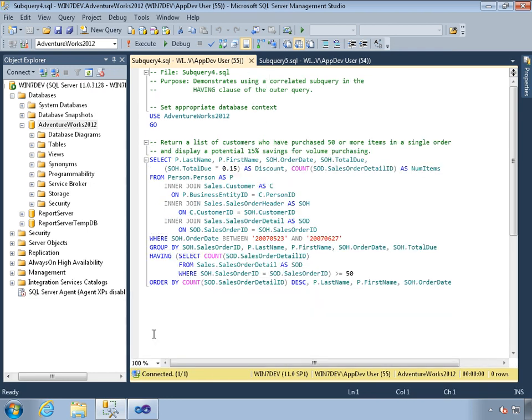In this example, we're taking a look at having a subquery as part of that having clause. Because we're using a having clause, we know that there's a group by, they work together. So what we're doing here is we're just going to return a list of customers who have purchased 50 or more items in a single order, so our best customers. And the reason that we're going to do that is we're going to calculate a potential 15% savings for volume purchasing. So this is just how we're calculating a discount,